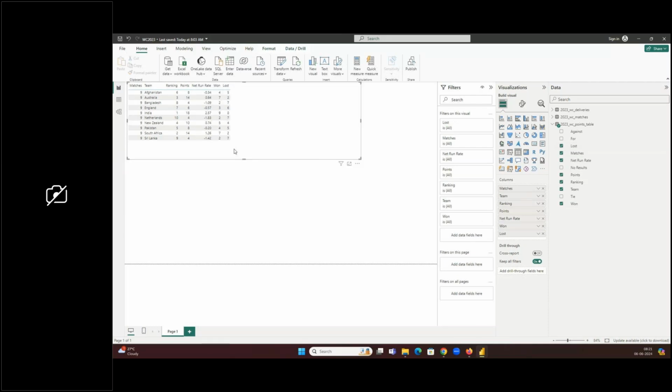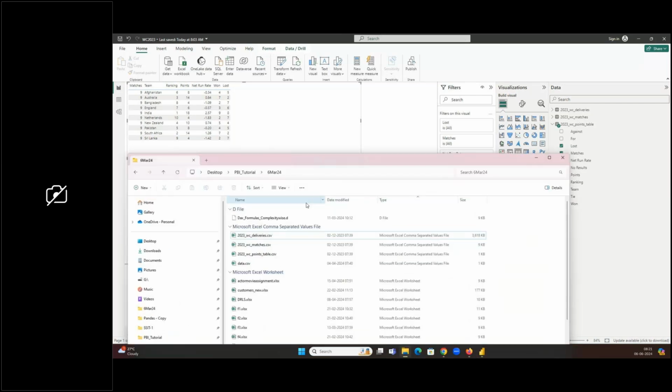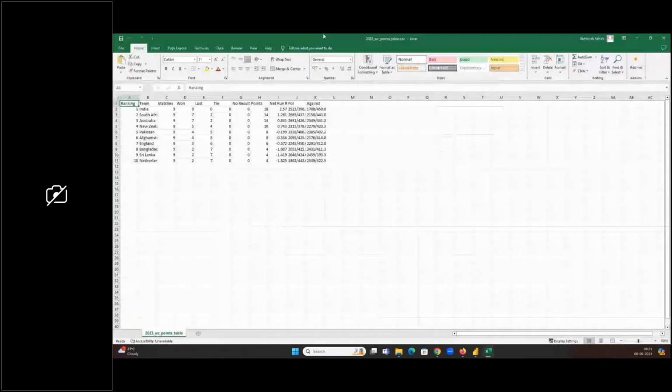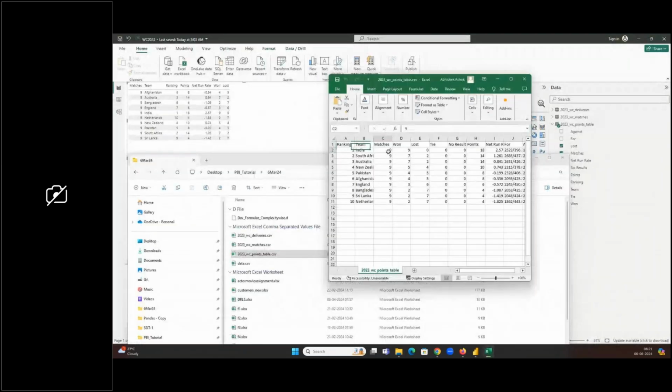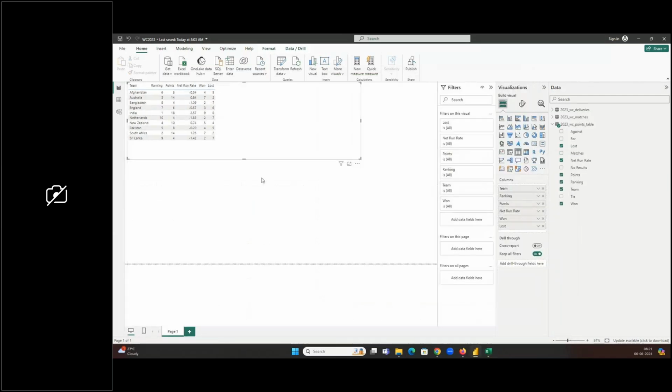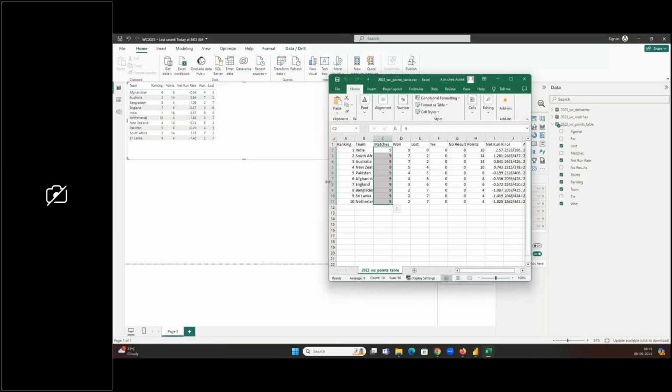So right now, what is this matches field in the matches points table? Let's go to this. I need to understand my data set, right? You can go here. You see matches is 9. It is always 9. So the total number of matches is 9 matches for each team. I'll remove this column, not needed for me. Okay, team is needed. Ranking is needed. Points is needed. Run rate is needed. How many matches they have won, how many matches they have lost, right? So now